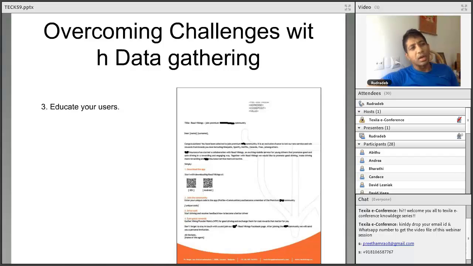And the third thing, which I have also experienced and seen, is that you have to educate your users. You cannot expect people to just give the data while you say, okay, I'll give you some value, I'll give you some incentives. You still have to educate them, because most people do not have an idea about how the data is being used and what it is being used for.